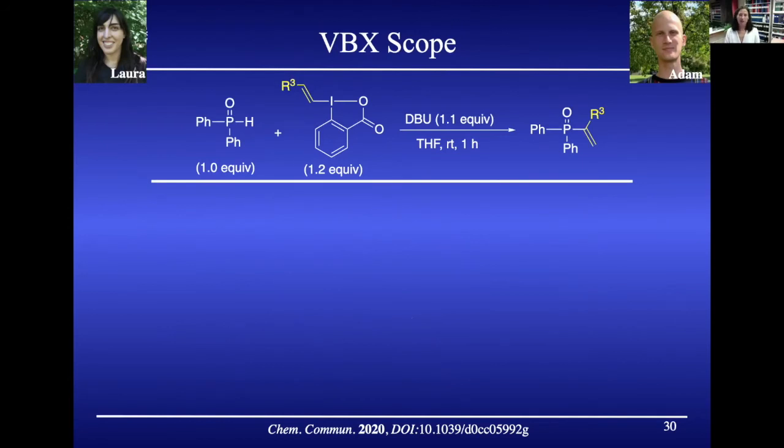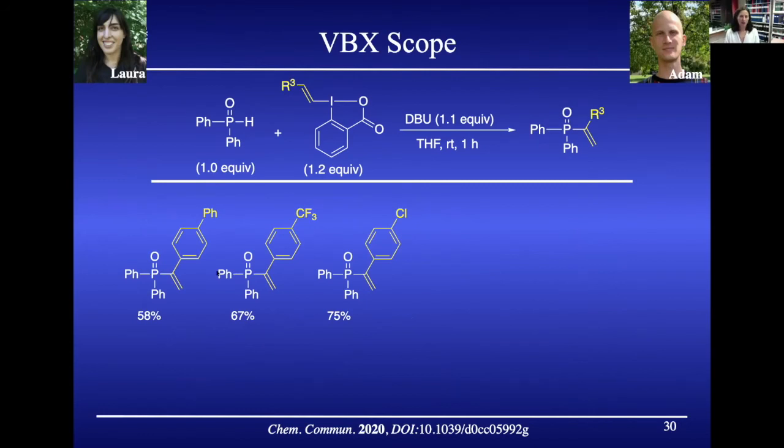Again, we looked into the VBX scope, and we could see that we could again put different functional groups on the aryl moiety on VBX. We could, in this case, use alkyl VBX reagents. We were not able to do that with the thiols, but they work fine with the phosphorus. And here's a quite nice example that would be rather sensitive to other